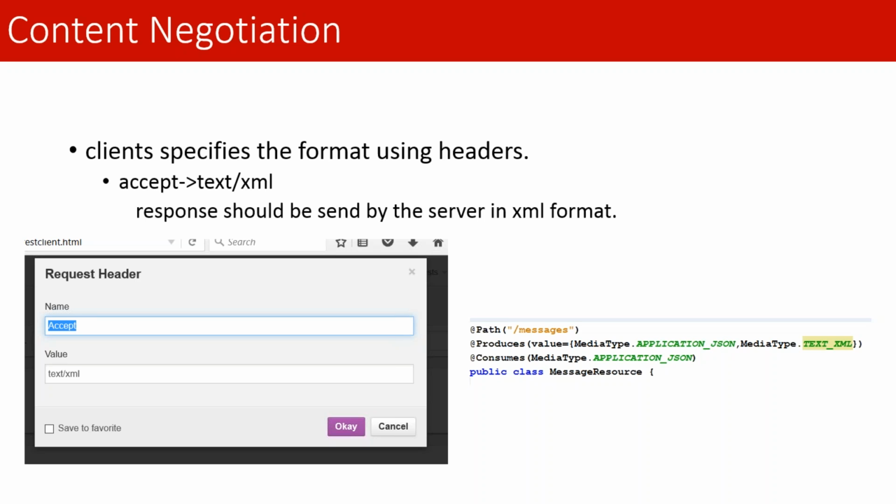Content negotiation is simple. Now over here in the request header, what you are sending is that you are specifying